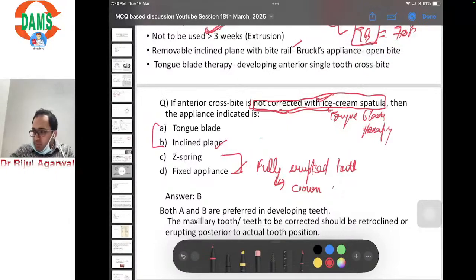Okay, now the next question here is: sir, can you explain the growth periods and how orthopedic or functional appliances integrate with those respective growth periods? It's very confusing, so just put up this question in the WhatsApp group. I can explain, because if I start explaining these things right now, it will hamper our discussion on the MCQs. Okay,